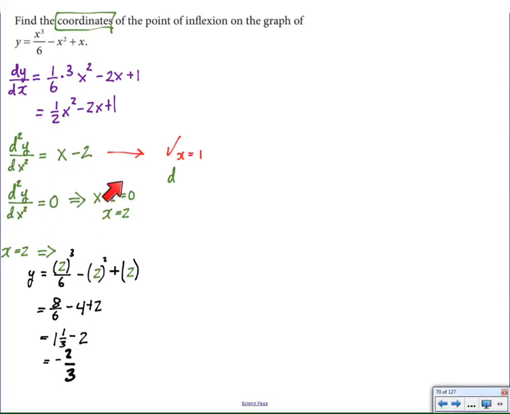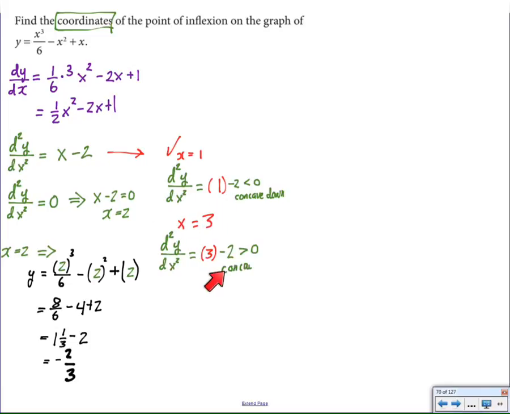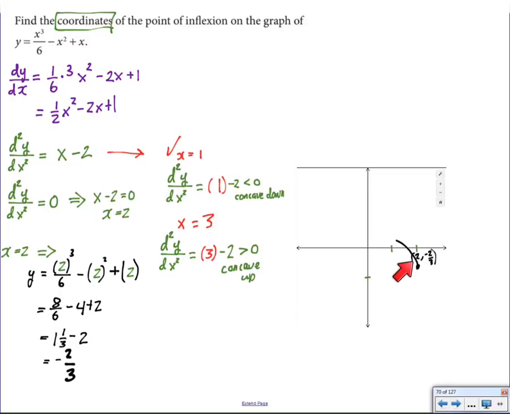Second of all, I just have to verify that there is in fact inflection. That is, go from concave down to concave up, or vice versa. So I evaluate the second derivative at x equals 1, which is less than x equals 2, and I find concave down. I evaluate the second derivative at x equals 3, which is more than x equals 2, and I find concave up. So we go from concave down to concave up, which means we have an inflection point at